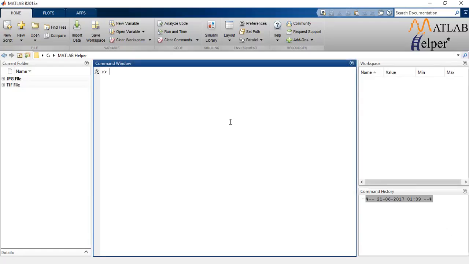In MATLAB, the very first step in image processing is to actually read the image. For this, MATLAB has an inbuilt function imread. So let's say image is equal to the inbuilt function imread, along with the image name. Once we are done with step 1, we can actually display the image in a figure window using another inbuilt command, that is imshow. So I'll type figure, imshow image.